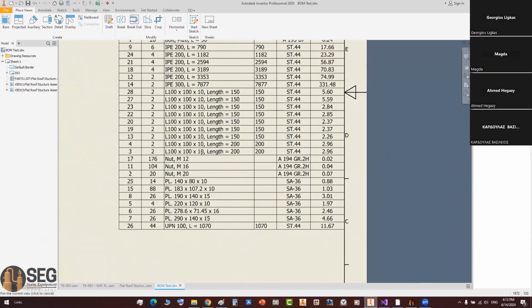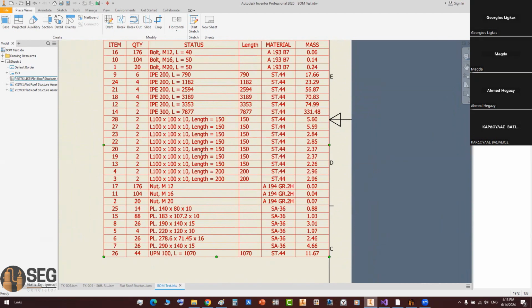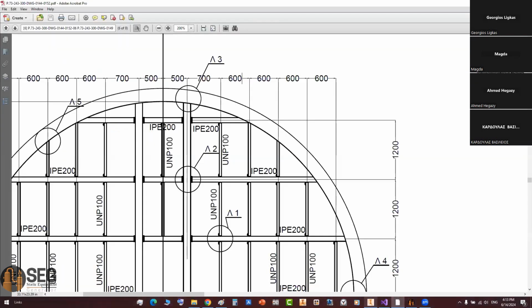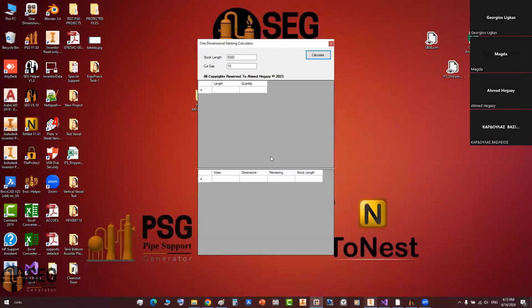Okay, now if you would like to calculate the required number of beams that you will get from your stock to start fabricating this, here we have a tool called the one-dimensional nesting tool. Okay, this tool will give you the ability to make that calculation. Here you will define the stock length of the material that you have in your workshop. Let's find it as 12 meters. And here the cut gap, you can put it as 10 millimeters, 5 millimeters. It's based on your